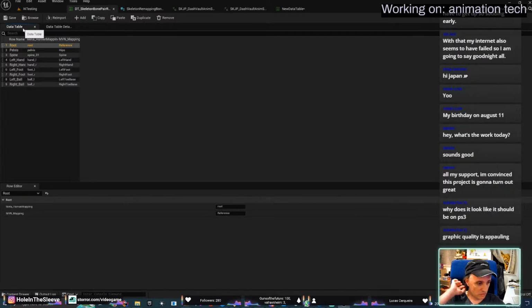Okay, let's... graphic quality is appalling. Yeah, it's very bad. So, okay, let's do this. Yeah, it's doing the remapping. Left down, right down. Right, okay.